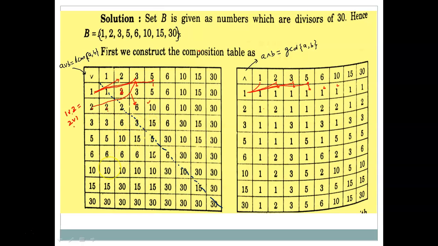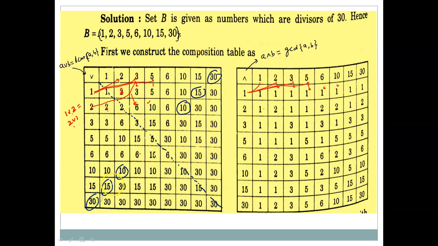For example, you select any element randomly. Suppose I am selecting this here from this diagonal, one cell and this is the second cell, and from this diagonal you will see one cell and the second cell. This is 10, and here if you are coming, one cell and second cell, this is 10. So exactly opposite from this cell, you go as many steps, you will get the same element. Here it is 15, again here you will see 15, here it is 30, so here it is 30.